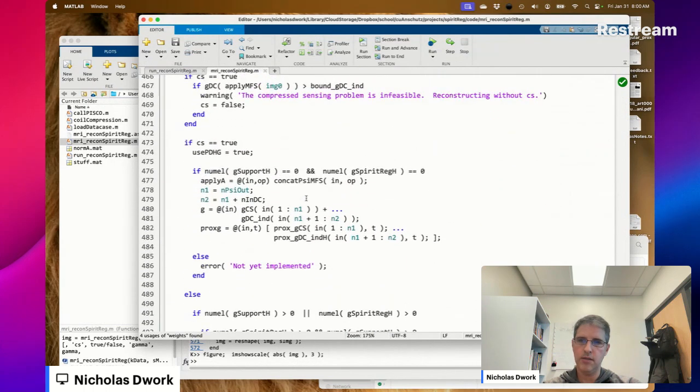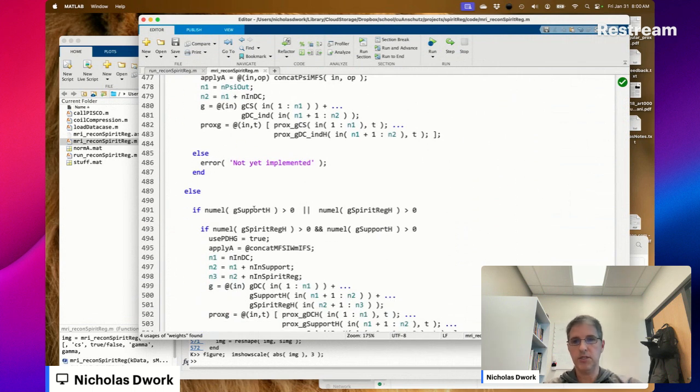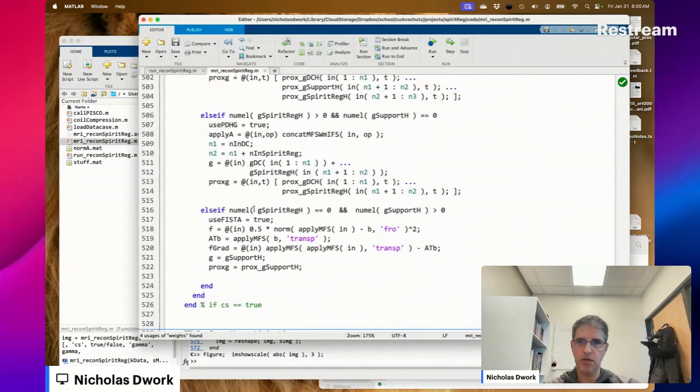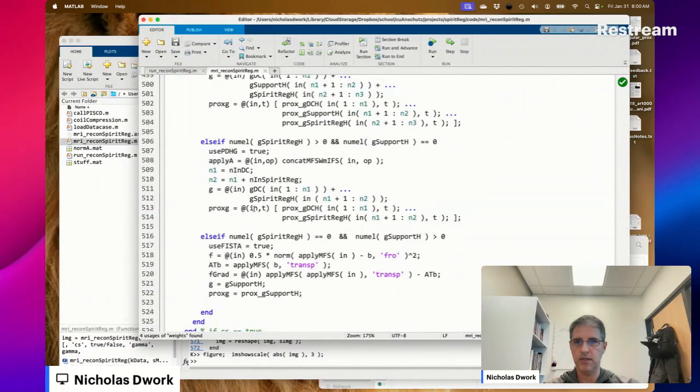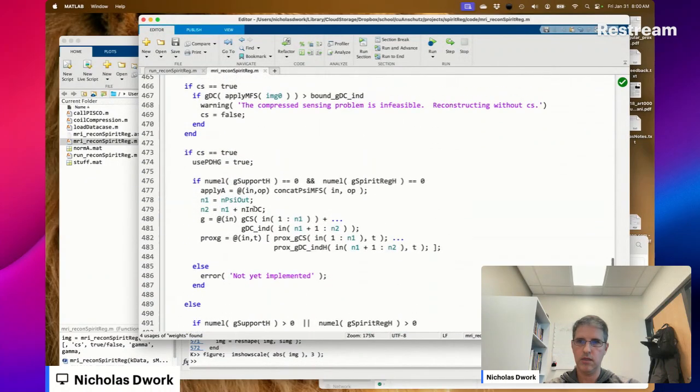what on earth am I doing? Okay, so we have this working with a single coil now, at least the compressed sensing part. We should be able to do compressed sensing with support. Support is a single coil thing as well. I don't want to do that.